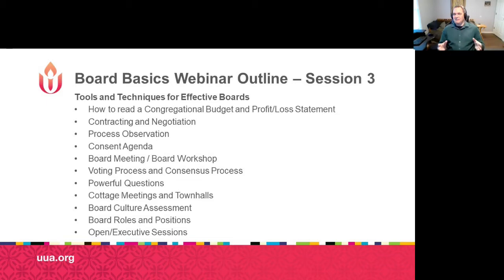We're going to spend a little time on how to read a congregational budget and profit and loss statement, contracting and negotiation as a board, what process observation is, what a consent agenda is and how you use it, board meeting versus board workshop, ways of working as a board together, voting process and consensus process, the really wonderful tool of powerful questions, the difference between doing linkage and talking to constituents and engaging with congregation members, a little bit of the difference between the cottage meeting style of linkage and the town hall style of linkage. We're going to talk a little bit about board culture assessment,